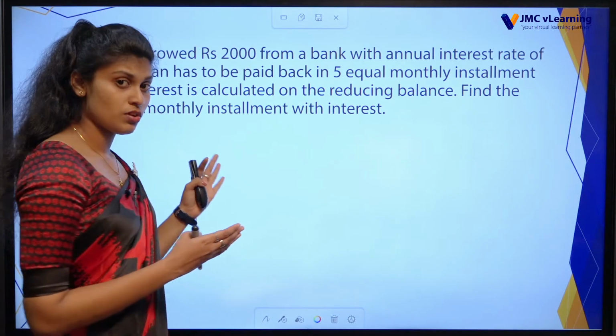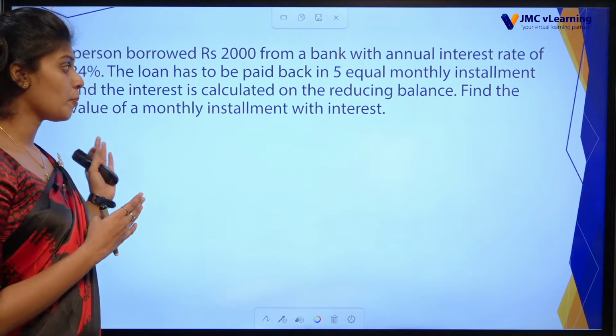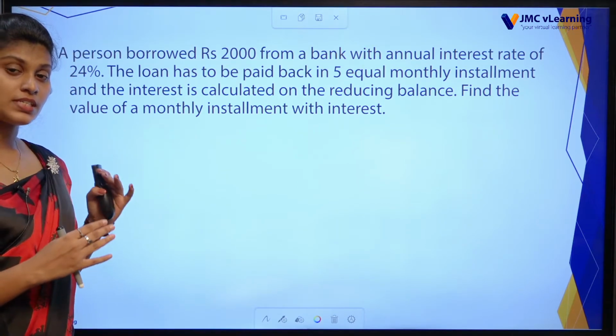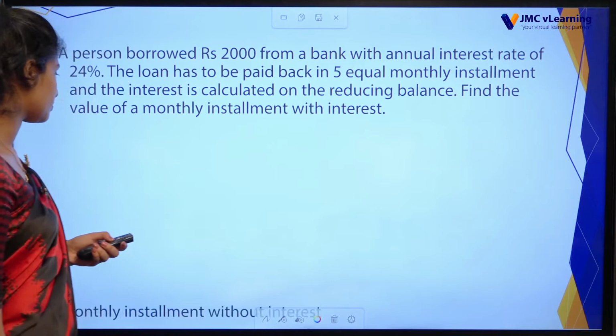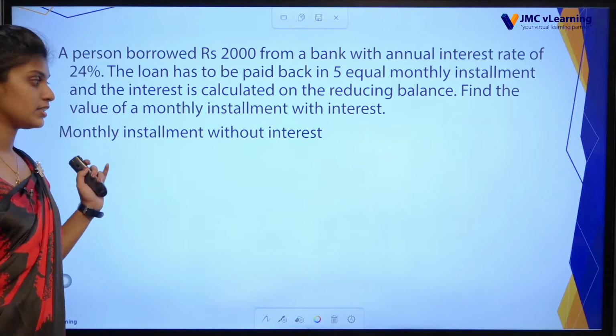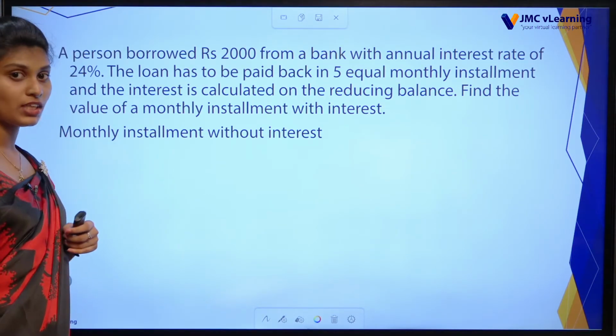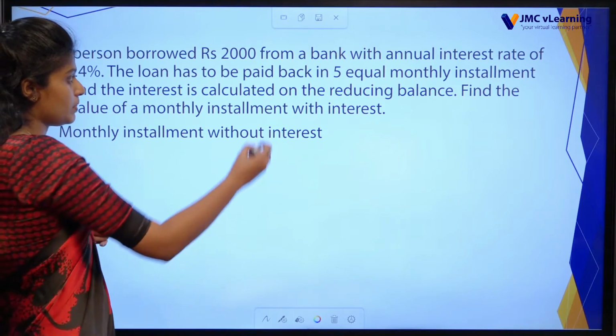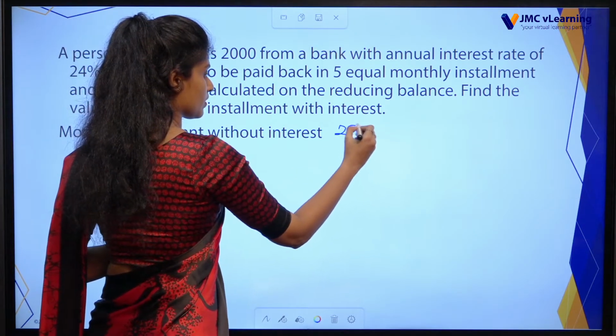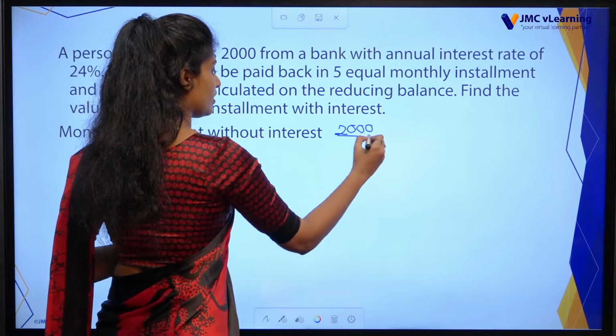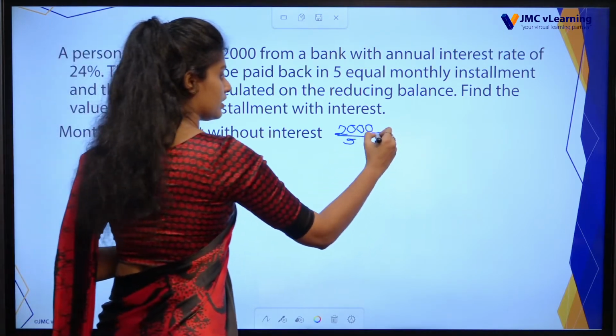This sum is also an earlier one, but we are going to do this sum in another method. First you have to find the monthly installment without interest. That means 2000 you have to divide by 5. It is